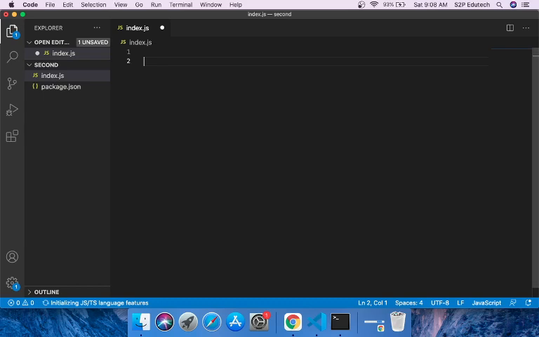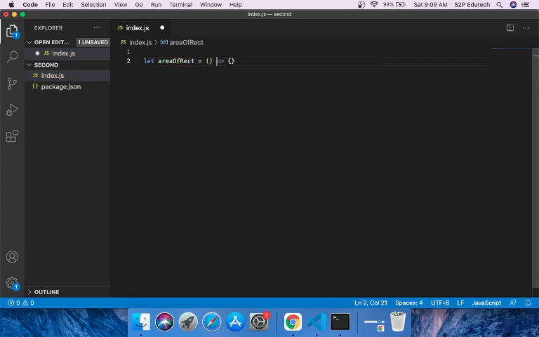So the very first function that we are going to write would be area of rectangle. So I am saying var area of rect equals to. This var and let, you can use anything out of it. So yesterday we tried with let, so let's use let.